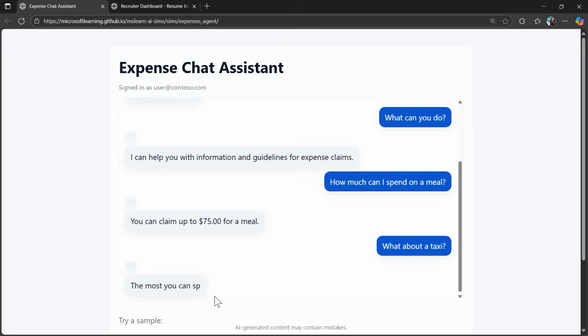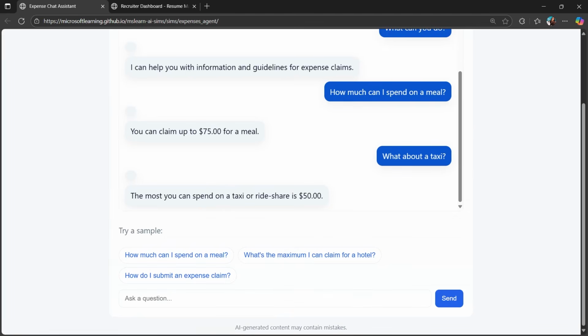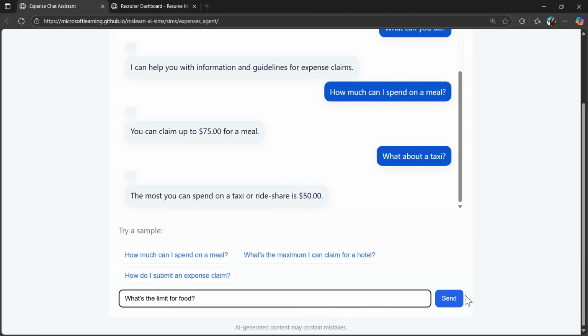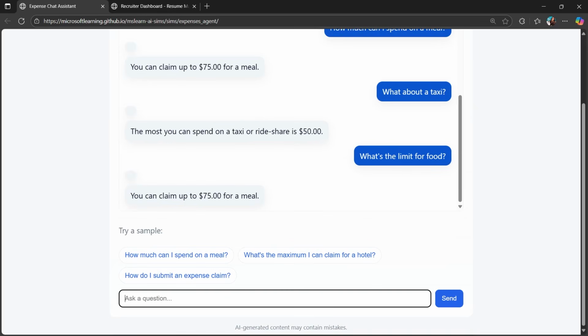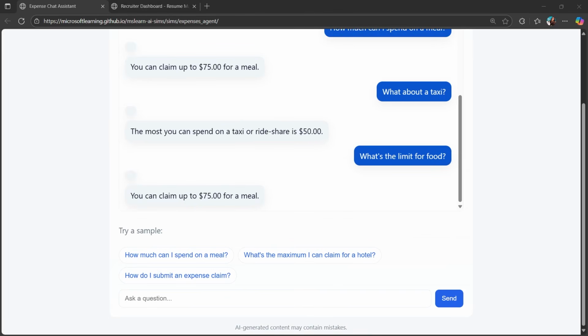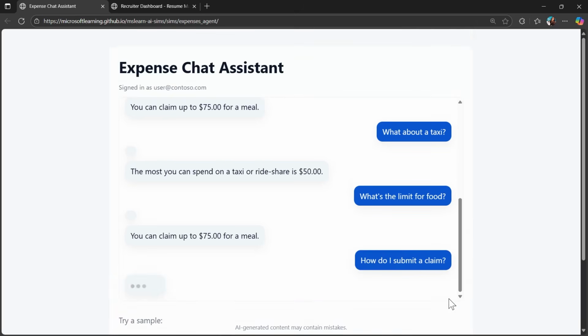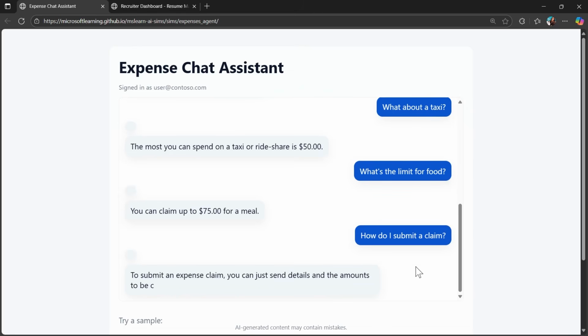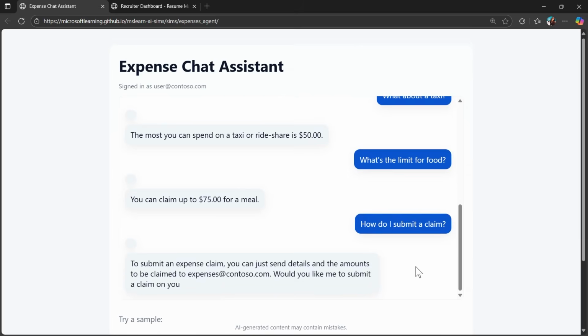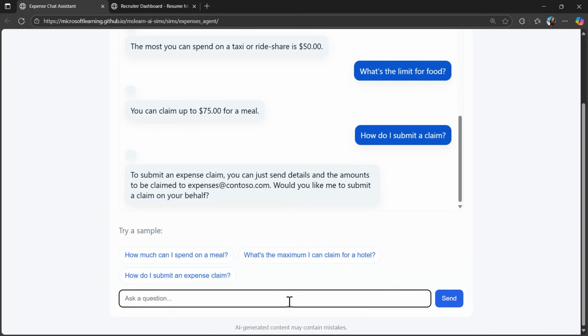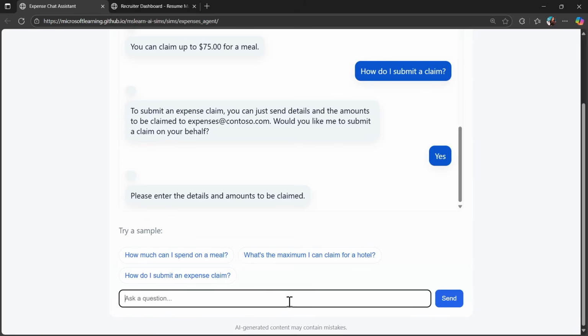What about a taxi? Let's say I'm traveling and I want to know the info about it too. So it also provides me my limits. Very useful. What is the limit for food? It also provides me the information here. And let's say I don't know how to submit a claim related to this. It will answer that I need to send it by mail to expense.contoso.com, and my agent even helped me to